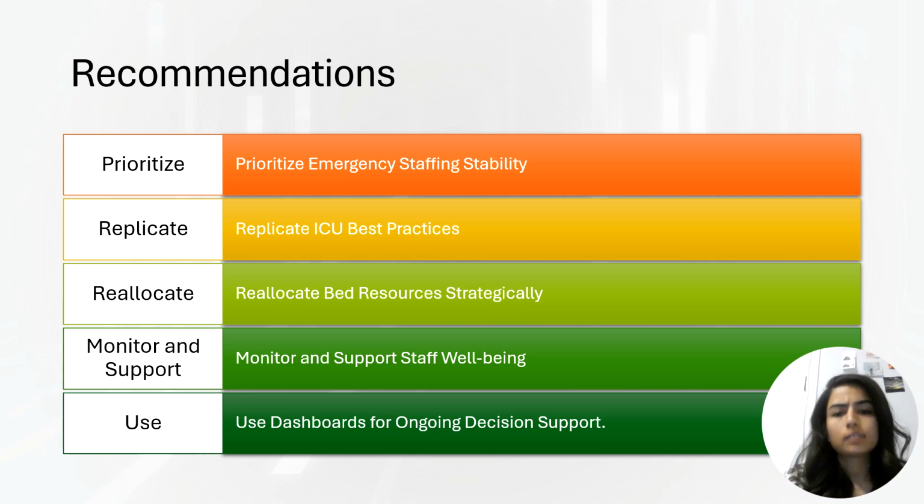Based on our findings, here are the recommendations that we can suggest to improve the hospital operation and patient outcomes. First is to address staffing gaps through smarter scheduling and workload distribution. Second is to use the ICU's model as a reference. Its balance between staff, beds, and patient flow can guide how other departments structure their resources. And next is the third one, improve bed capacity planning. Hospitals can reallocate beds during peak times and adjust admissions